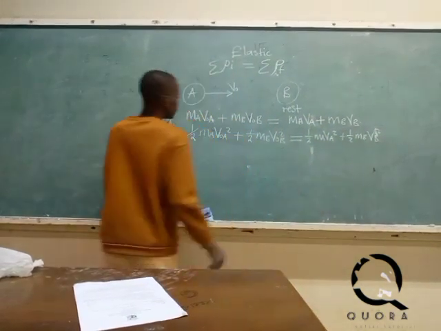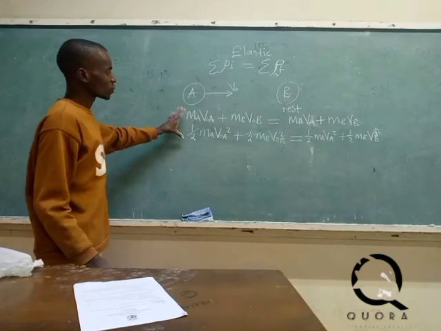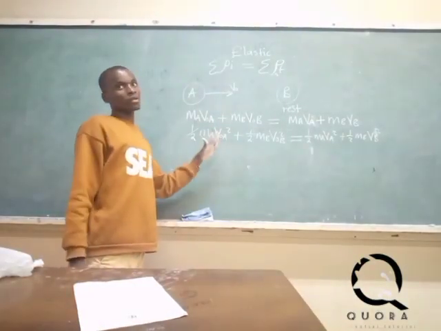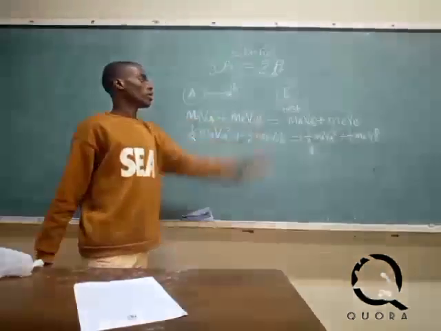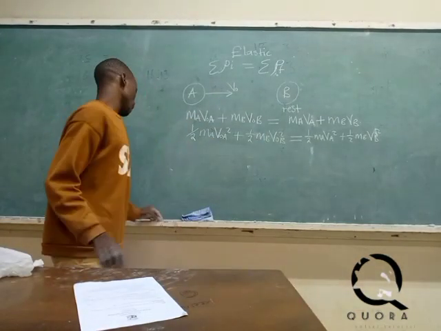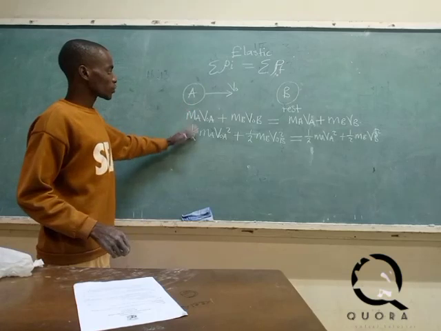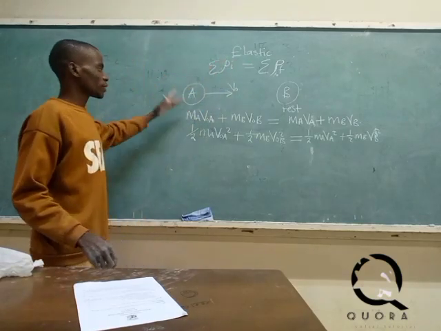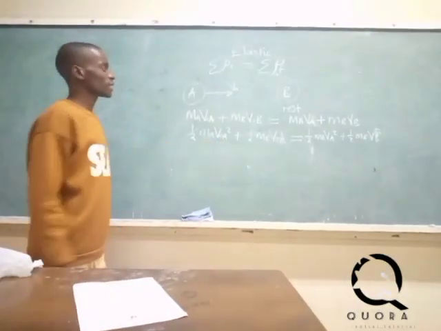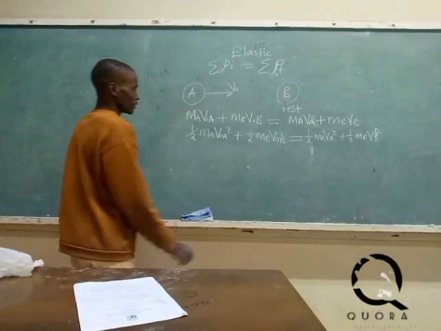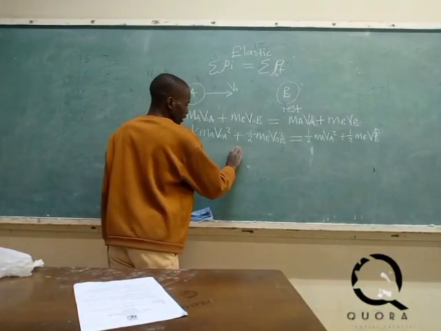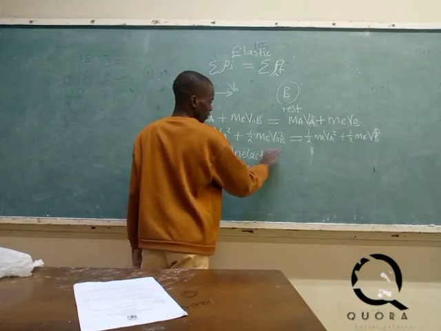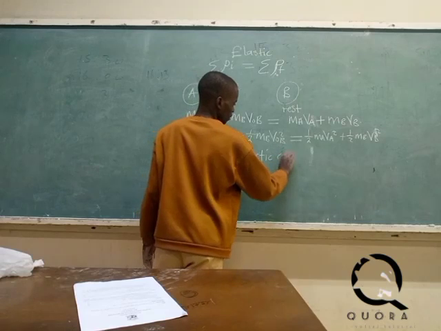These two formulas can be used if they ask you to calculate the initial or final velocity of whichever particle you have in that arrangement. These two apply to what we call elastic collision, because linear momentum is conserved and kinetic energy is also conserved. If you come to what we call inelastic collision,